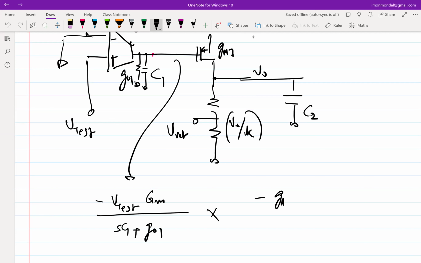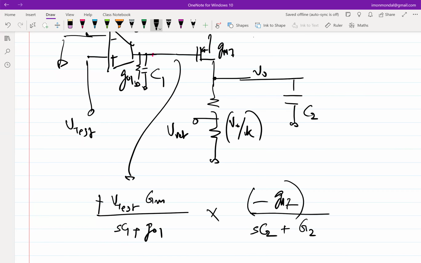Sorry, in this case, this is not minus, it's plus, right? Because I have applied V test to the positive terminal. So gain of the second stage is GM7 over whatever the resistance that has been attached to it. And I club all the resistances into G2, right? So G2 is all the cumulative resistances attached to V0, and the capacitance attached here is C2, right? And you have negative sign here because the common source second stage has an inversion inbuilt,